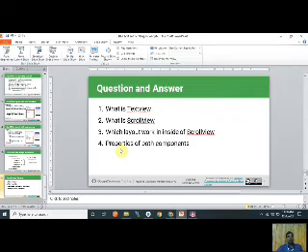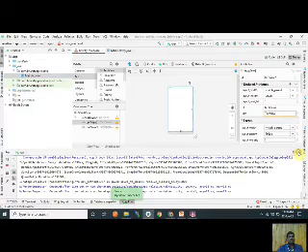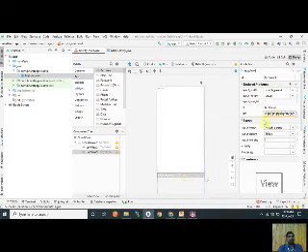Now we learn how to change the text of any text view using the Java code. So we move on to Android Studio. Now we set the ID of this text view to change the text of this text view.